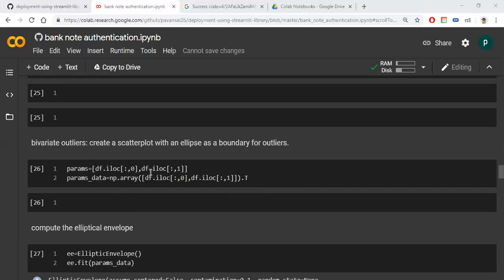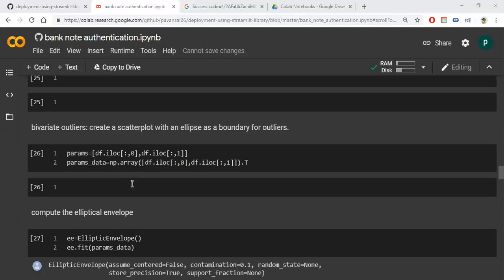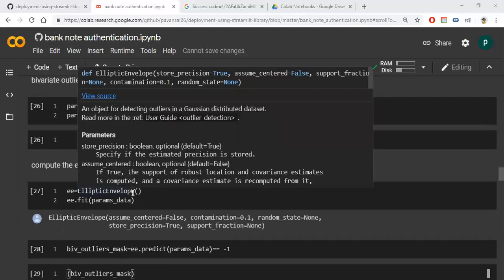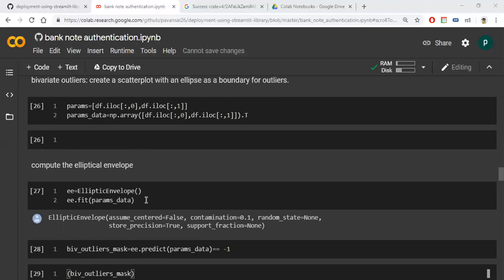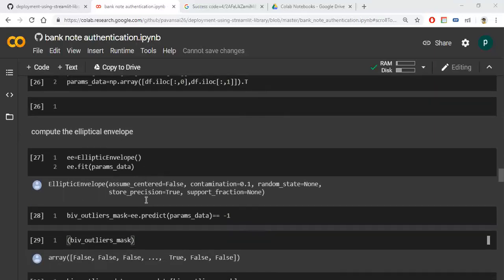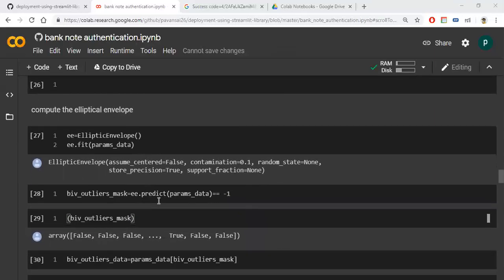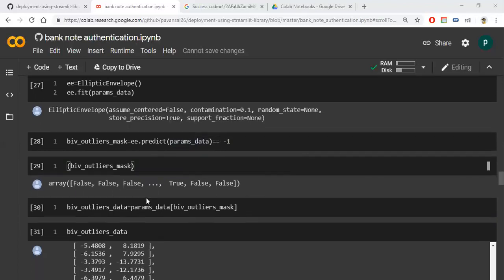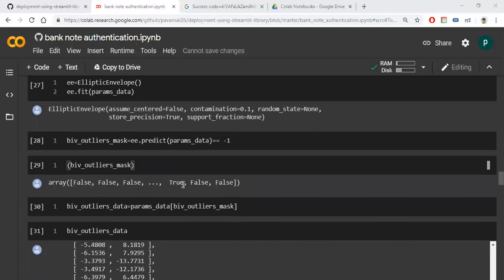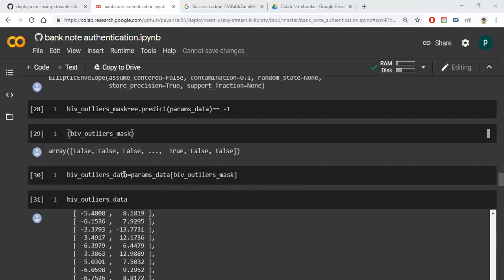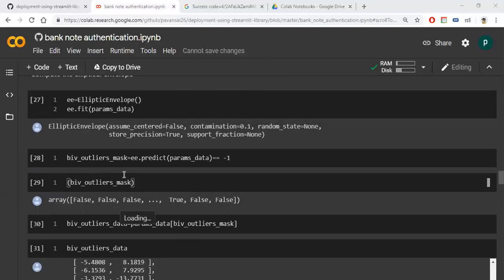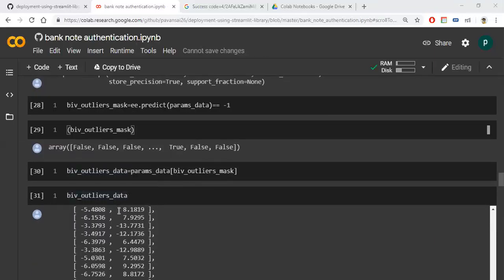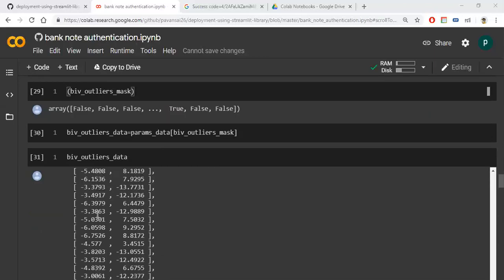I am converting the data into array format. I am importing the elliptical envelope algorithm and fitting the data. Then I predict on the data, where a value of -1 marks an outlier. Some values will be there. I am printing them because it is bivariate outlier data, so we get two values.